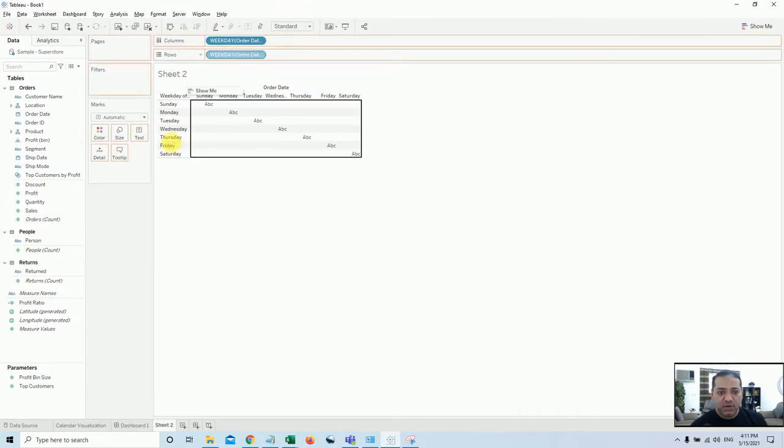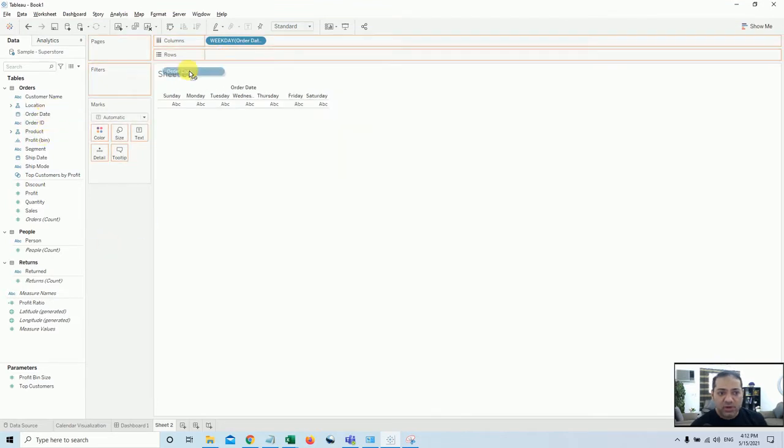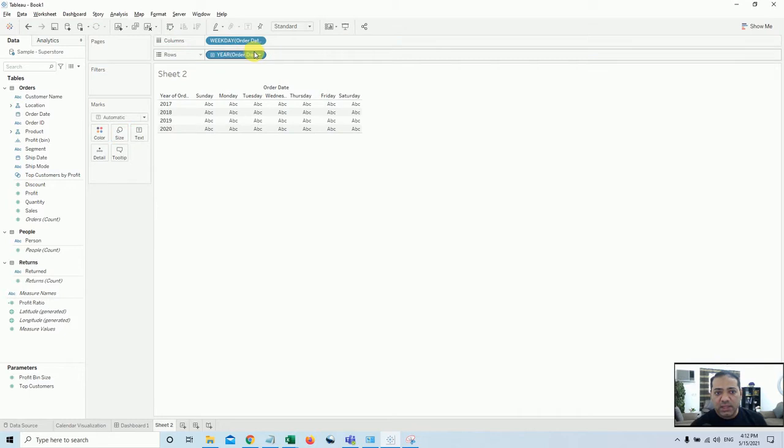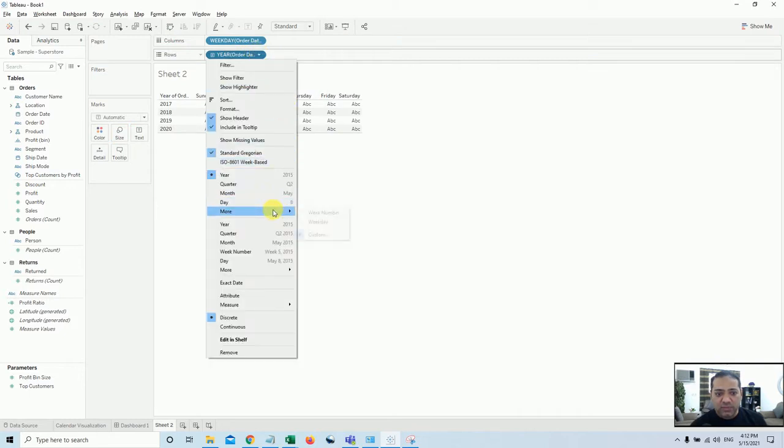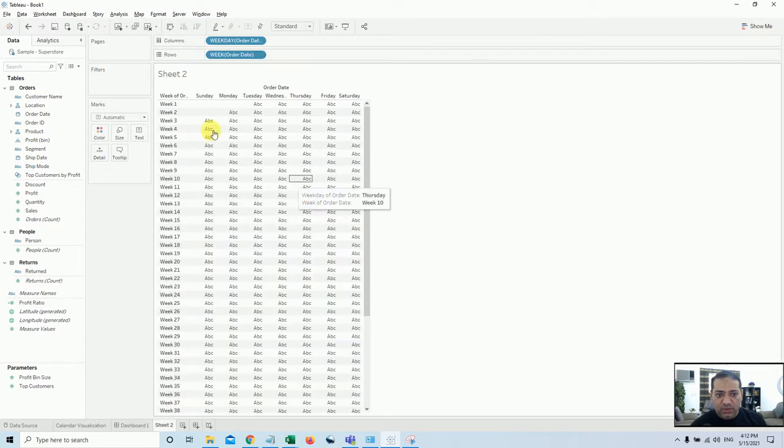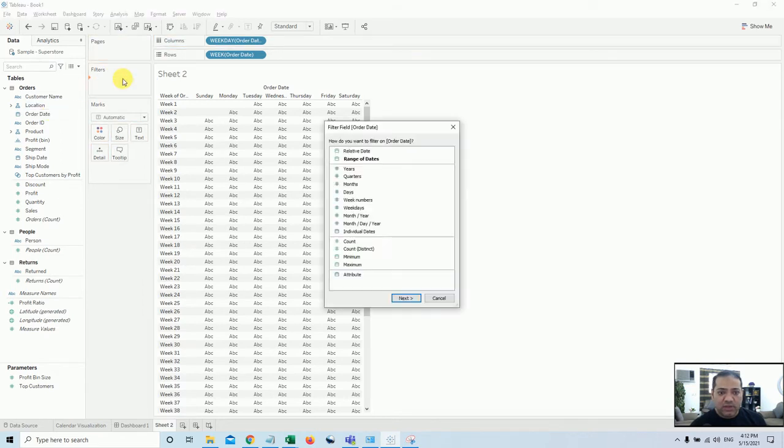Drag it down here, or if you want, you can just bring order date again into the rows, and here instead of this you can choose week number. Now you see you have week number and the days, and we need a filter here, order date.